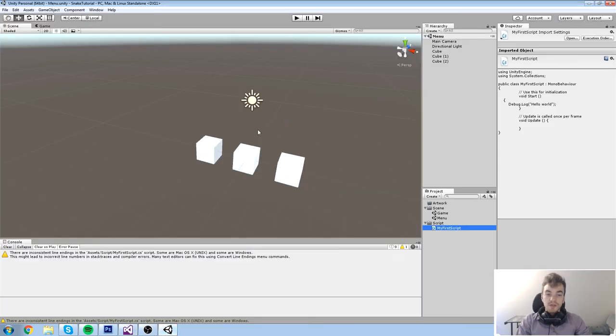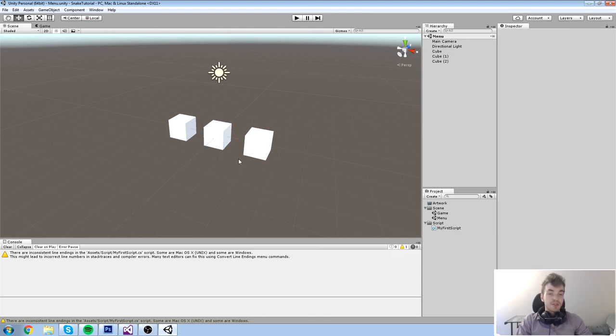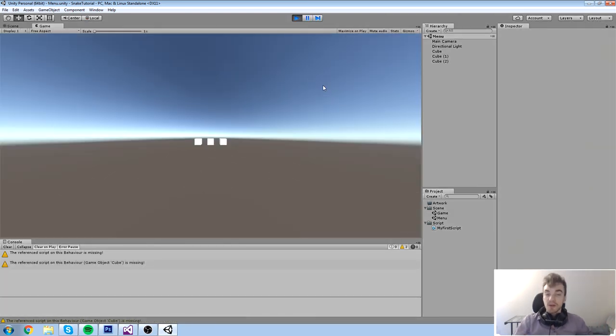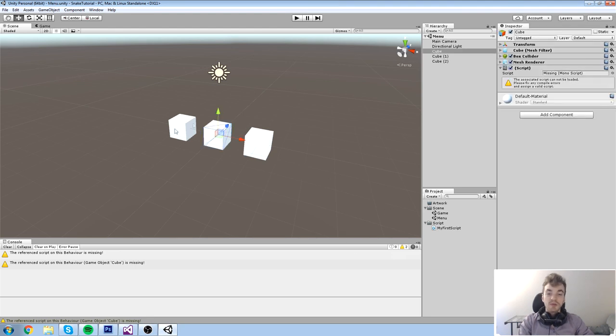Right. So my first script is not on any cubes, so it's never actually being run. It's simply a script that is laying somewhere inside of my project window in my asset folder. It's only there, but it's never really called in my game, it's never really used. What I'm going to do is select any cube, really, and just drag and drop my script